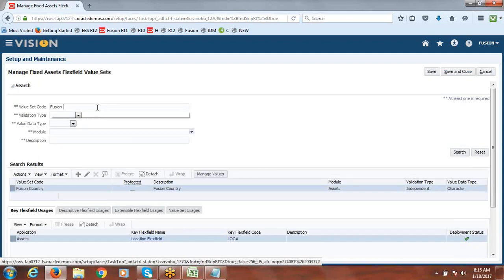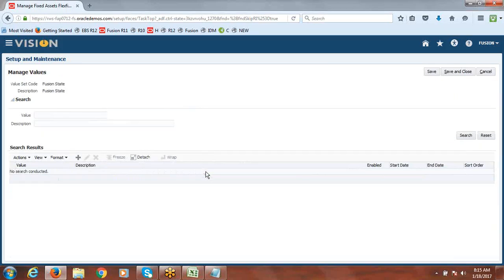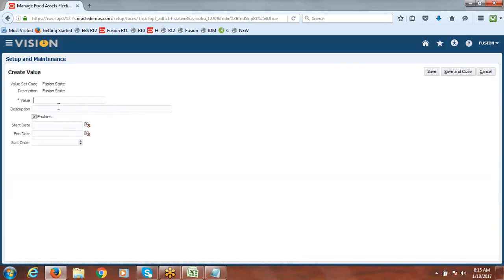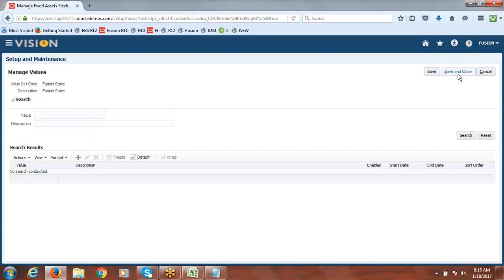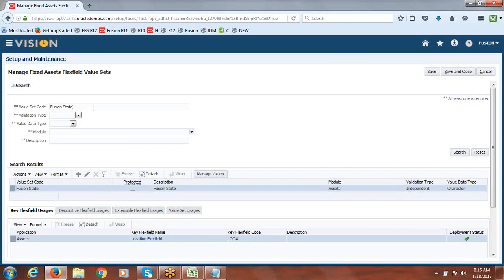And we'll go with another value set. We have something like state. We call manage values. Just create any one of the state. Say Texas. Save and close. Let's add one value for cities.